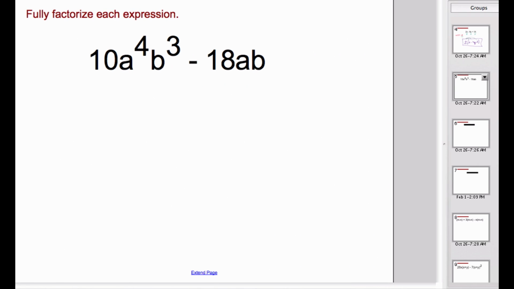Okay, on the second expression, if we want to fully factorize again, we look for both pieces. We want to look at the coefficient in front and find the HCF of the numerical parts. And we also want to look at the variables and see if there's any variable parts in common. So for these two, between 10 and 18, our HCF is 2, but we also have an a and a b that can be divided out from both of those. Remember, this is a to the first and b to the first. So when we divide out 2ab from each of our terms,